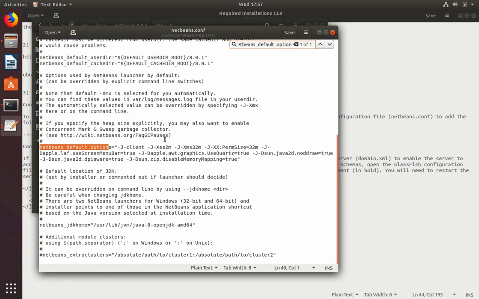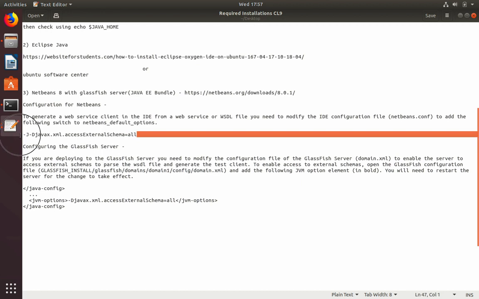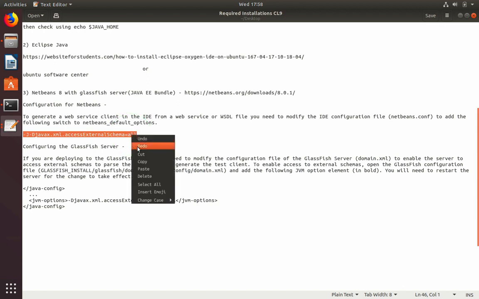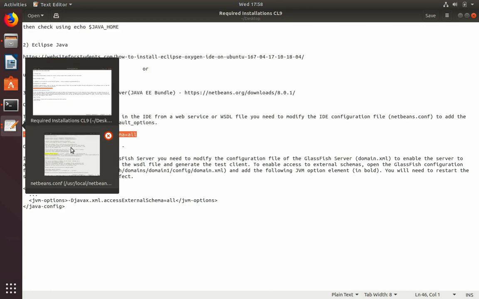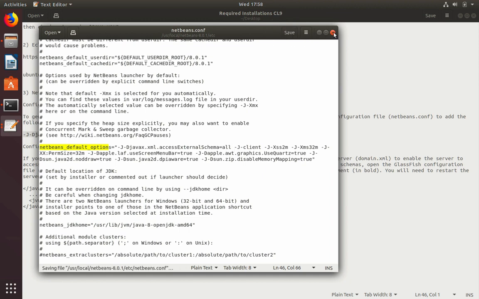In this, we have to add this line. Append this line at the beginning. Hit space. Save the file. This was the configuration of NetBeans.